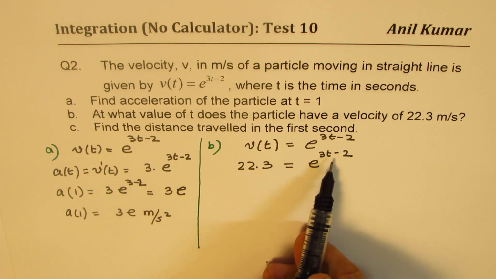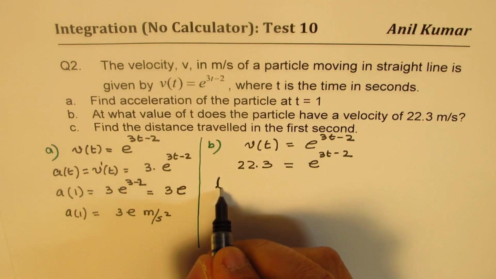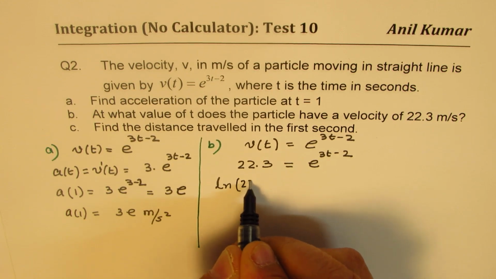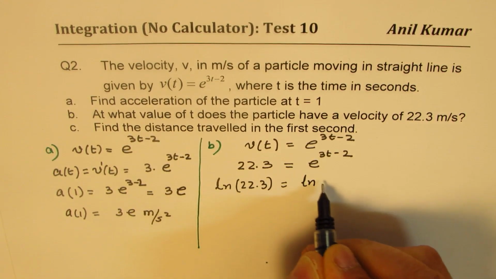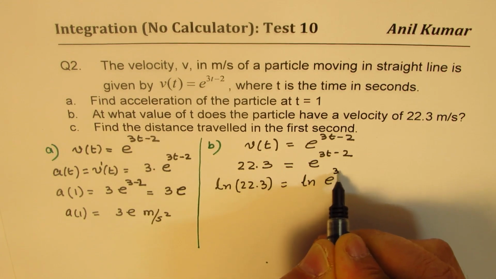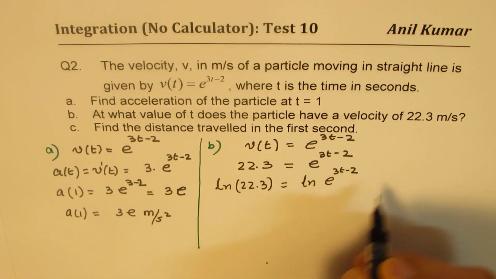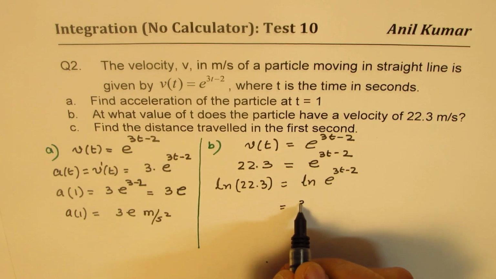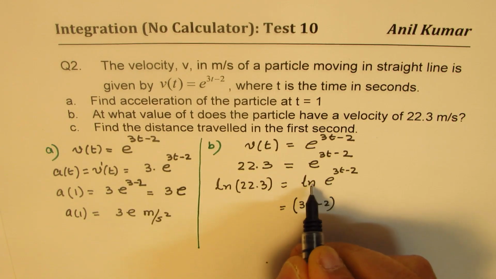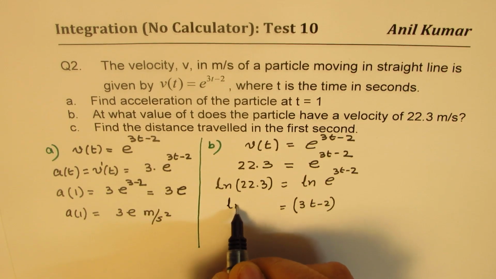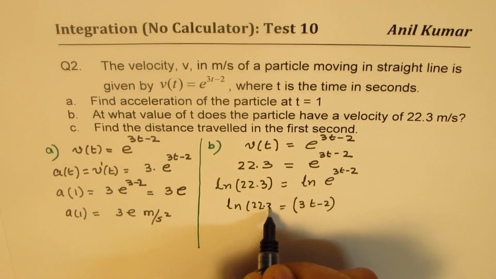To find the value of t, we can take natural log on both sides, right? So we get ln 22.3 equals ln e to the power of 3t minus 2, which is basically 3t minus 2, right? Since ln e is 1,